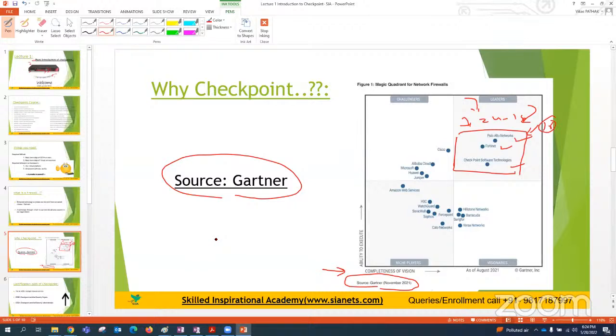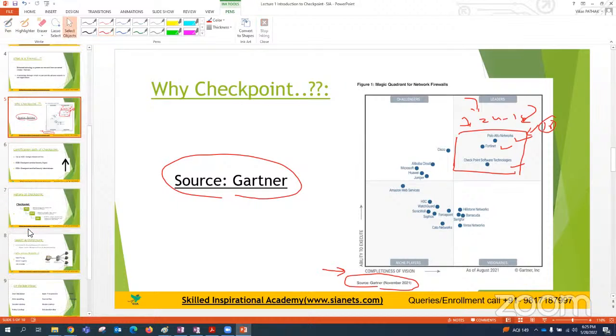So if you are a person who wants to start your career in network security, let me tell you one thing: Checkpoint is the best option from where you can start your network security career. And if you're already in network security, if you're working on Fortinet, maybe Palo Alto, or any other firewall, Forcepoint, Juniper, and you want to become a multi-vendor person, then this is one of the technologies you should look forward to, because it's already in the leaders section, right? After which,